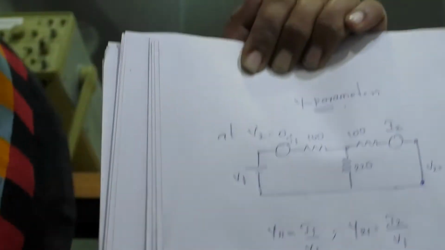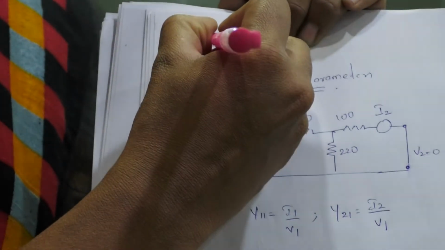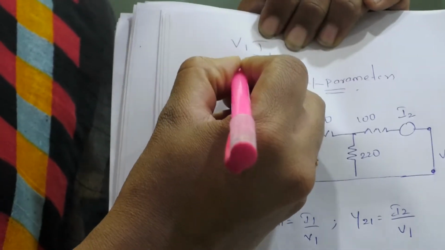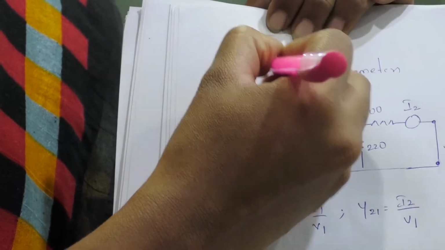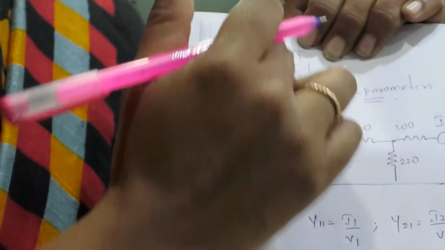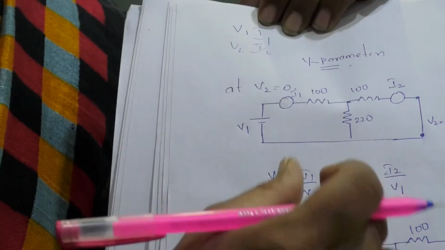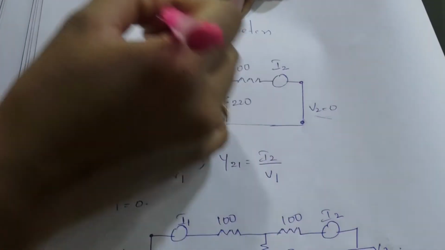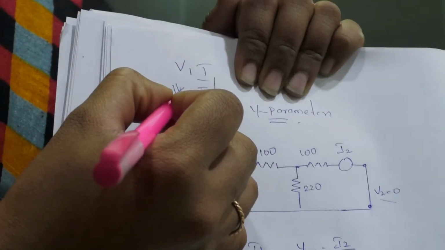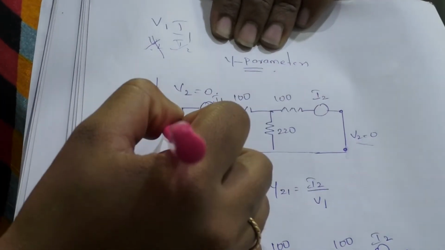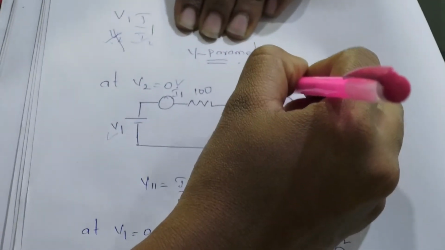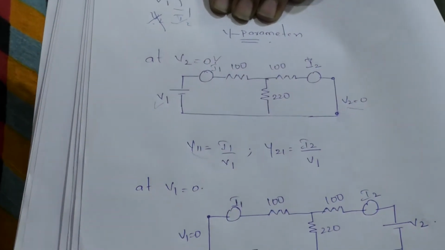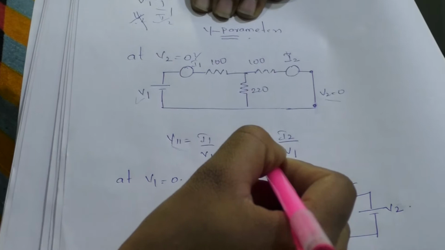So now here also we are having three parameters. In whatever two port networks, we will be having four parameters: V1, I1, V2 and I2. Among these four parameters, if one of the parameters is made inactive, then by using the other three parameters, we can calculate the remaining two parameters. So here we have made V2 equal to 0. Now we know the values of V1, I1 and I2. You can substitute V2 equal to 0 in the equations which you have seen earlier, and by substituting, we will be getting the Y11 value and Y21 value.